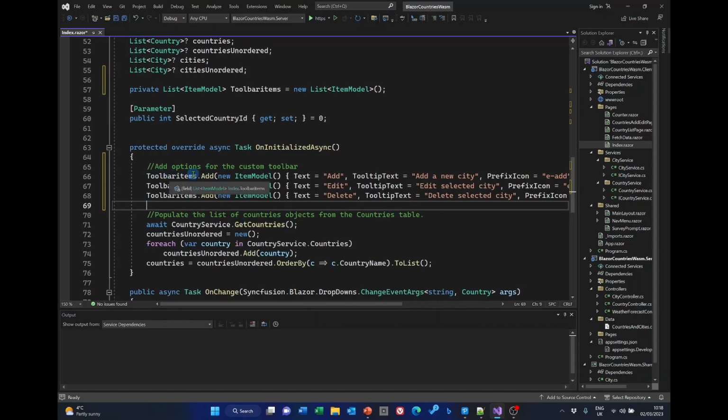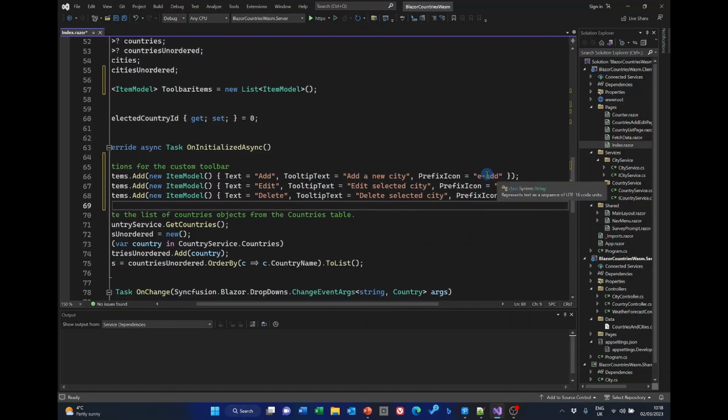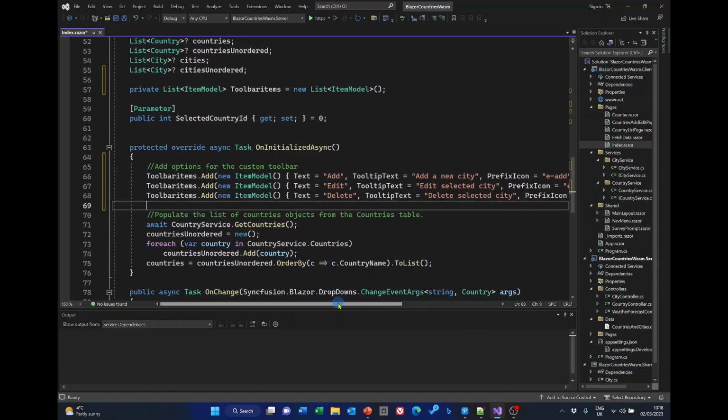So the list is going to consist of 3 items: add, edit, and delete. It's going to have tooltips, and we're going to have prefix icons. So that adds the toolbar items, but we need to add effectively the click event when the user clicks one of these toolbar items. And to do that, we need to add a grid events section after grid columns,